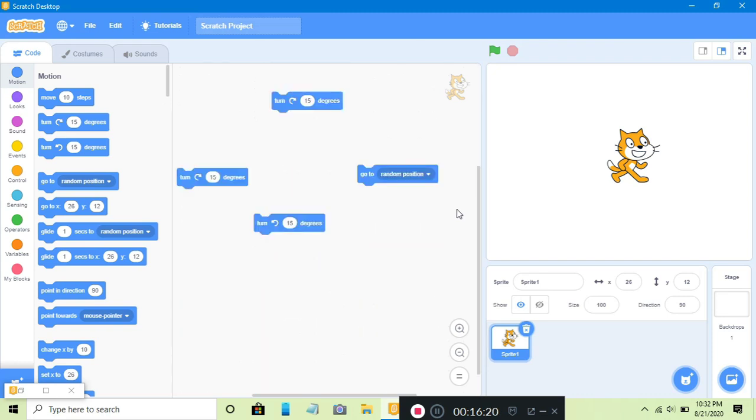Now the fourth term we have is if-then. Yes, it is if dash then. This is a central, important concept in programming, or we can say this is the process where we apply our programming or coding while making any game.